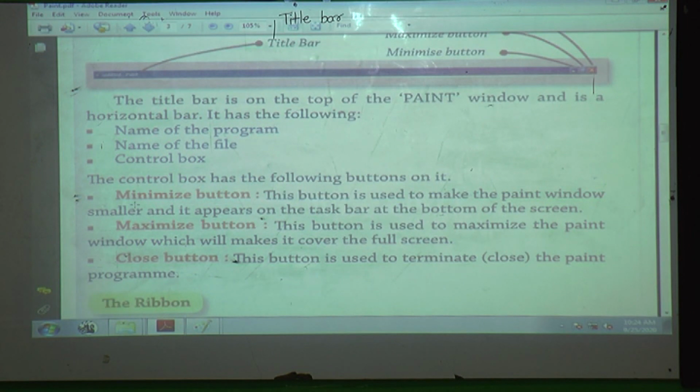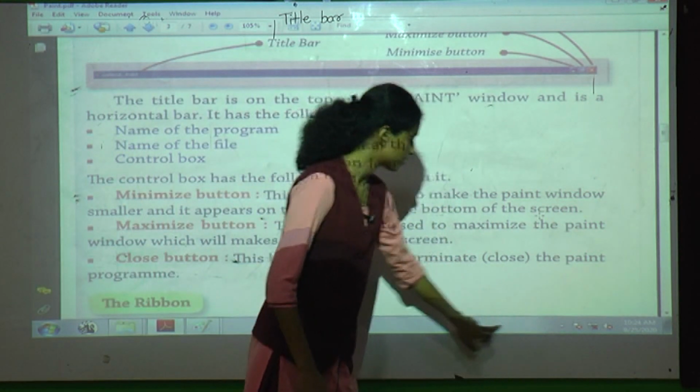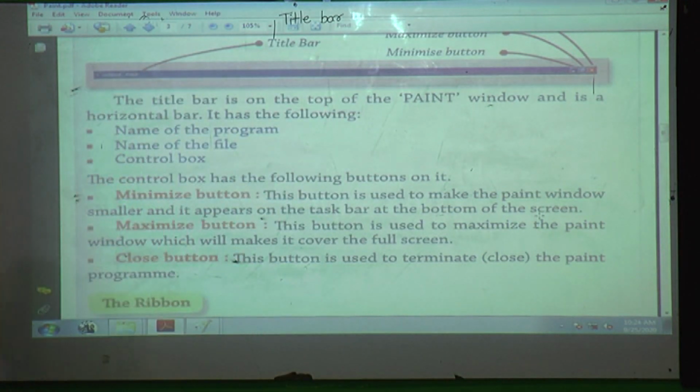Now what is the use of the minimize button? This button is used to make the Paint window smaller, and it appears on the taskbar at the bottom of the screen. Where is the taskbar? This blue line you can see is called the taskbar. Right?